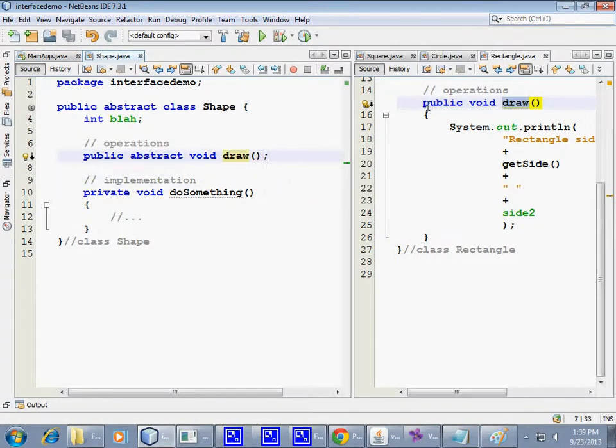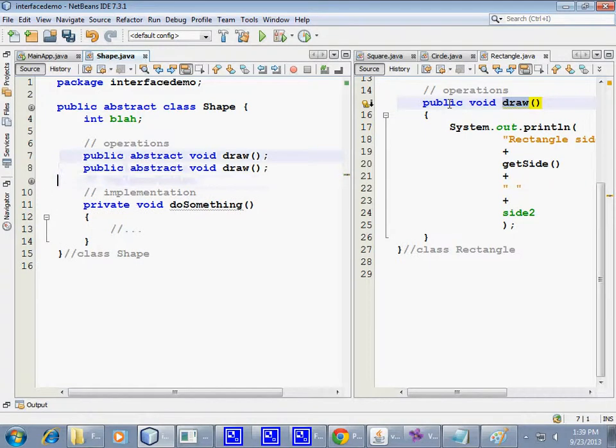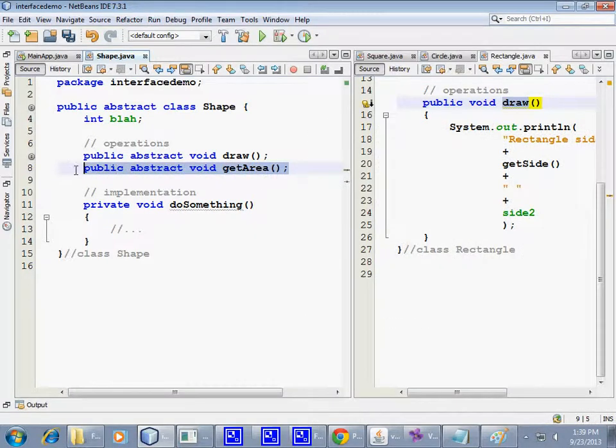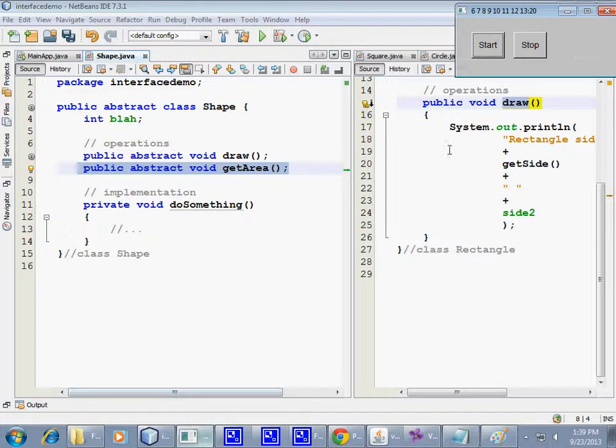Also, look, what else is possible is this. I can quickly add other methods which are abstract, go ahead into each single class and implement them. Oh, I know how to compute the area of a circle, square, rectangle. And so this becomes a very clean way to extend the functionality of already existing classes, right?